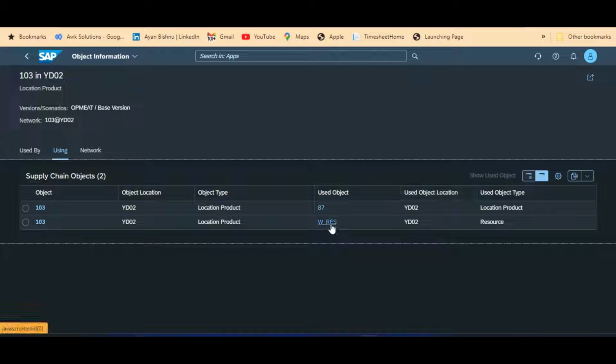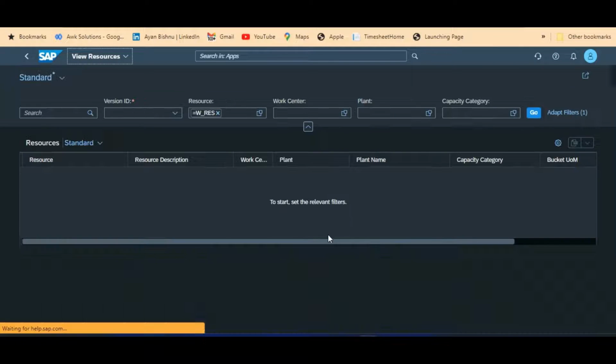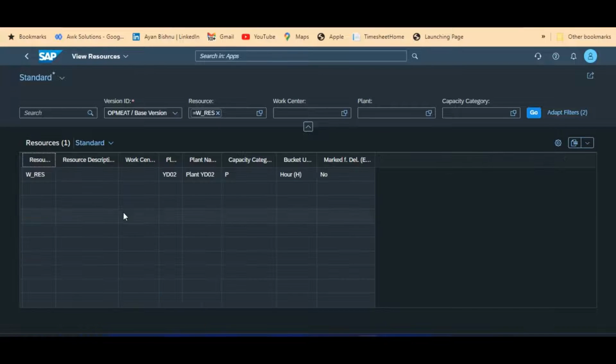So in this location, there is a resource, and this is in turn interlinked with an object called 87, which is a component. If you click onto this resource, it will automatically take you to the associated resource app, wherein you can see the resource, plant, capacity unit, what kind of resource category it is, etc.